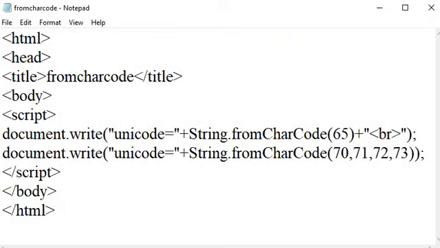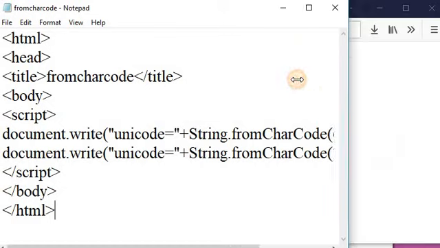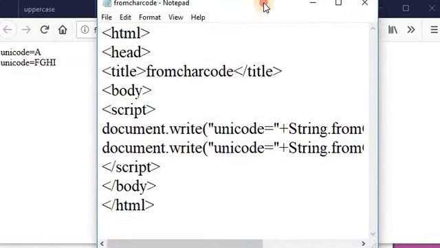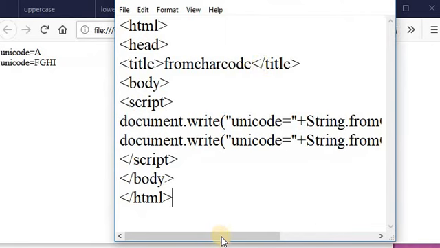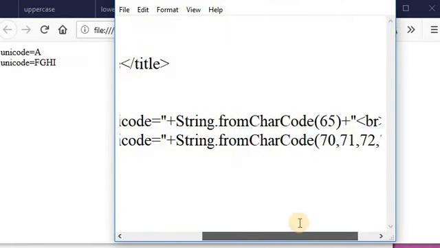In the program we write 65 Unicode number and passing a parameter 65 in a fromCharCode method so that it returns A on a web page. Because this method converts a given Unicode number into a character.